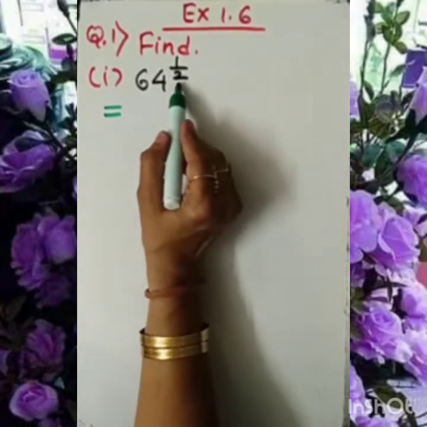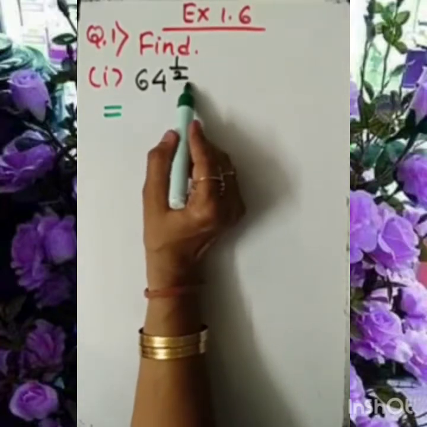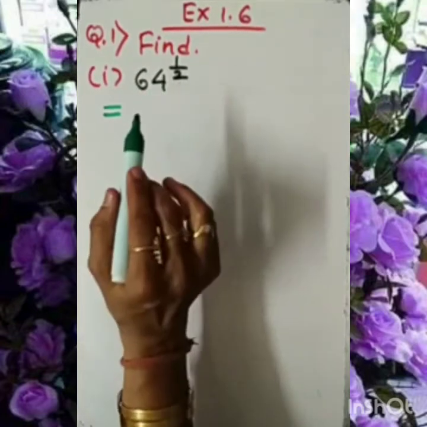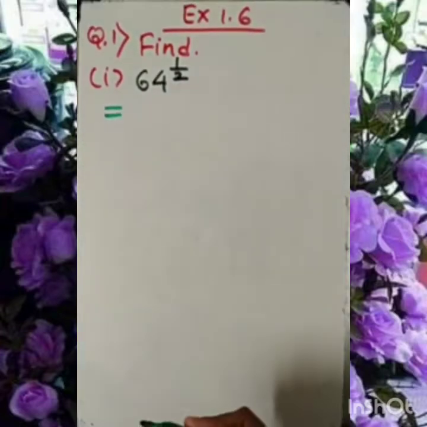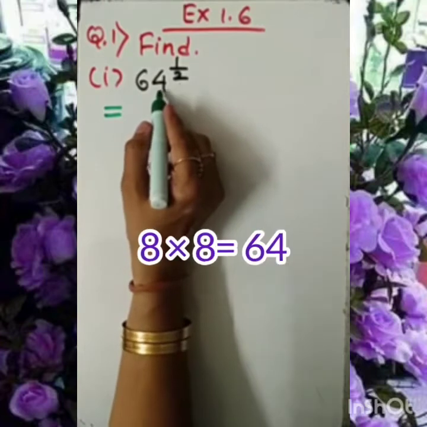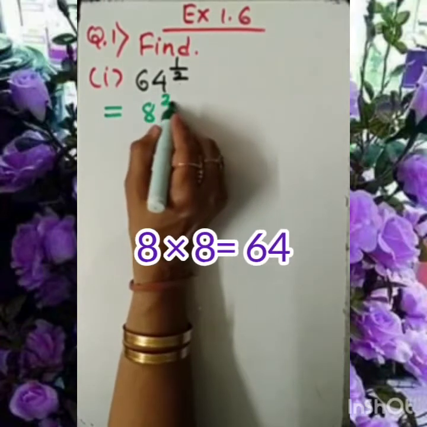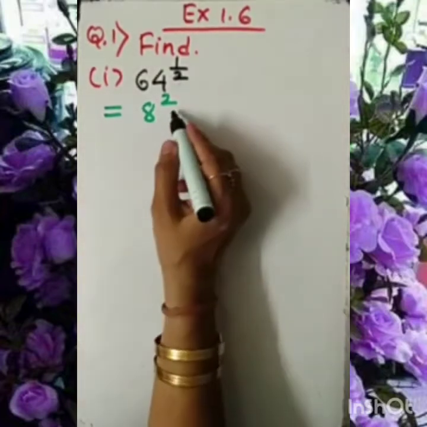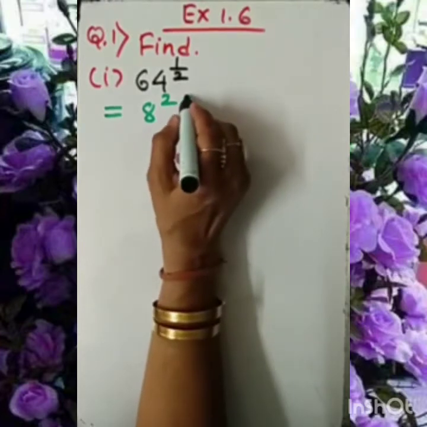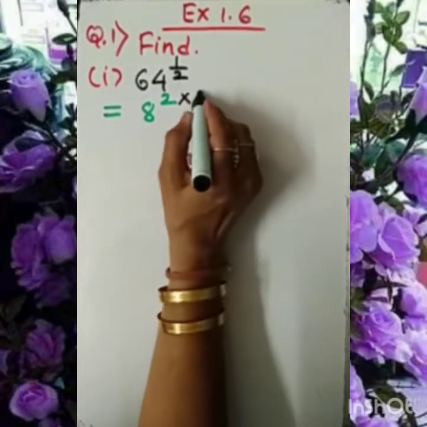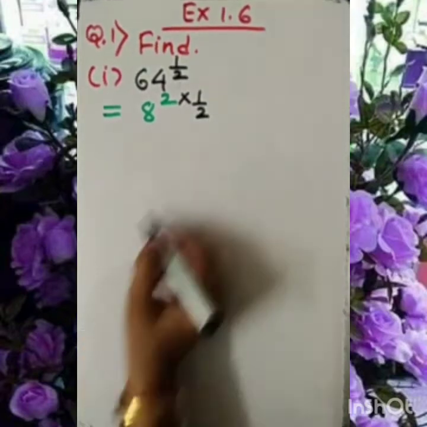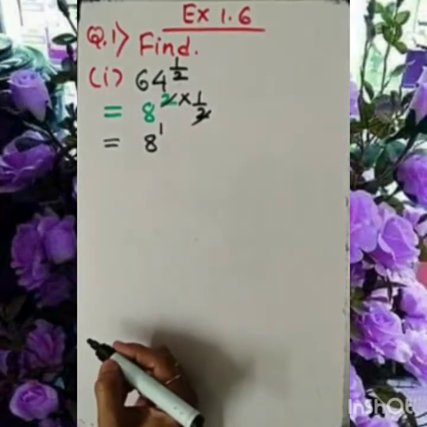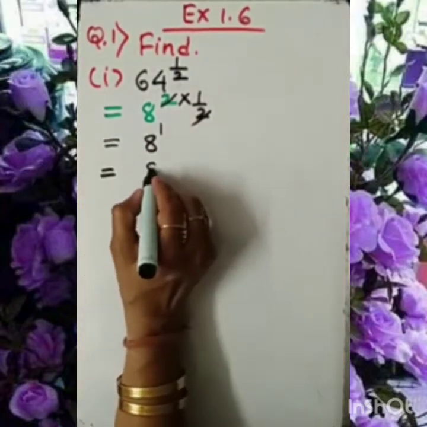We are focused on this 2. Look at your screen, focus on this 2. It means we have to write 64 in such a way that a square is with us. Okay, so we know very well 64 can be written as 8 into 8, that is 8 square. So it can be written in a square form, 8 square, and 1/2 is already here, you know. So this will be cancelled. So we will have here only 8 to the power, nothing left, means 1. It means that our answer is 8.